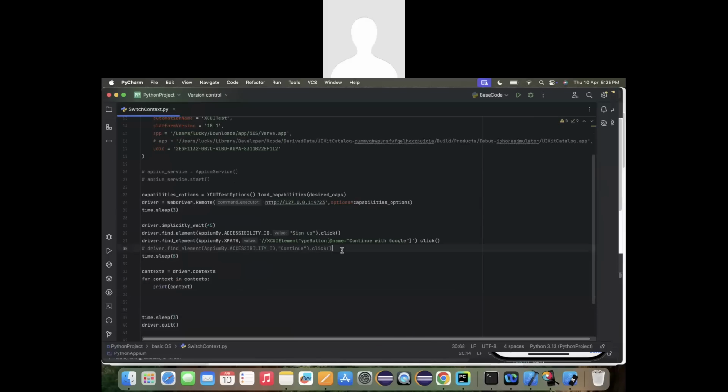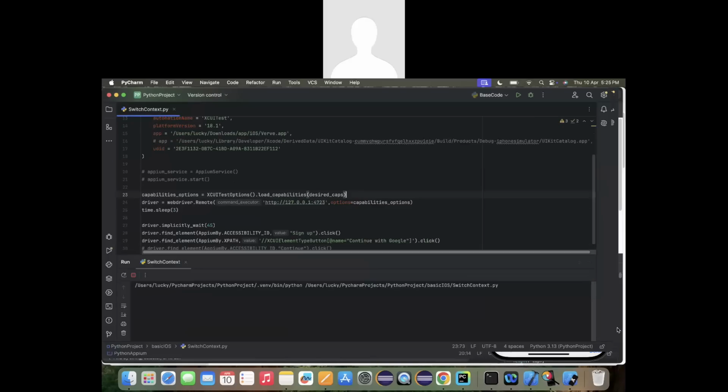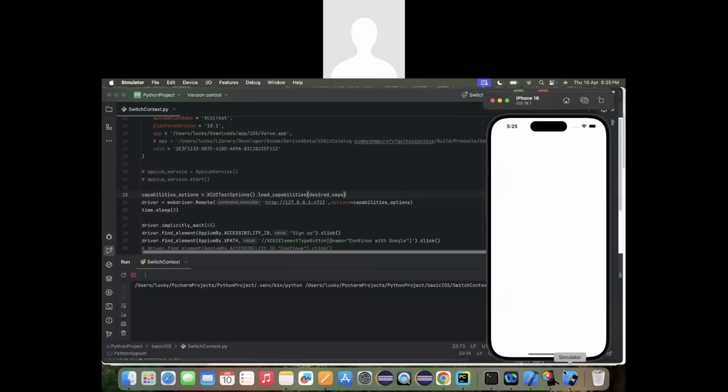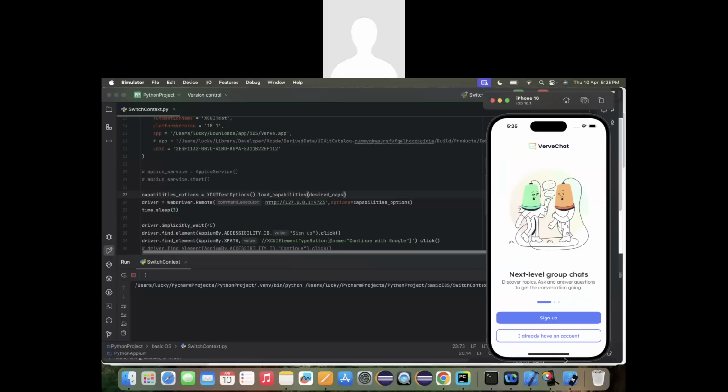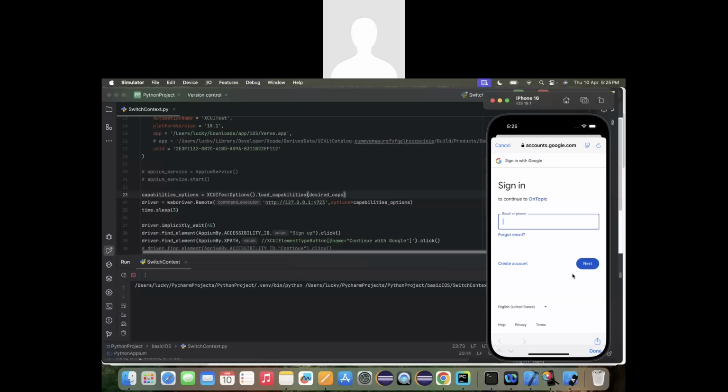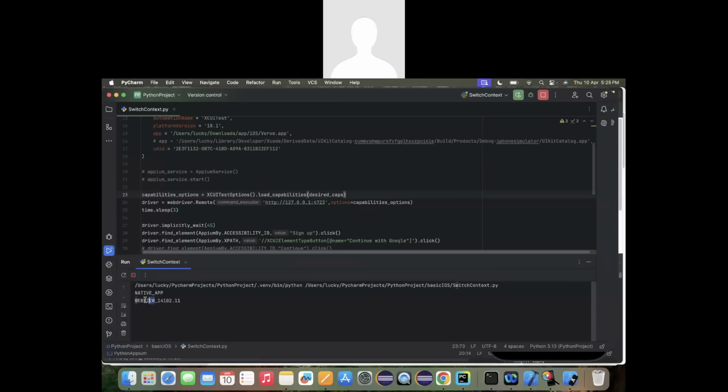At the same time, let me try to run this program and check it out. It should click on a sign up and then it should click on continue with Google. And we need to click on that particular button manually. And here we waited for 8 seconds to get that context. And now see here, it's printing a web view